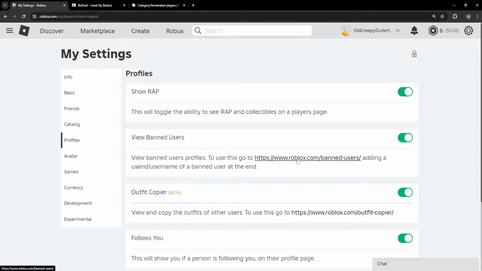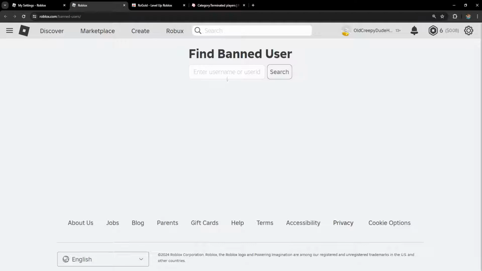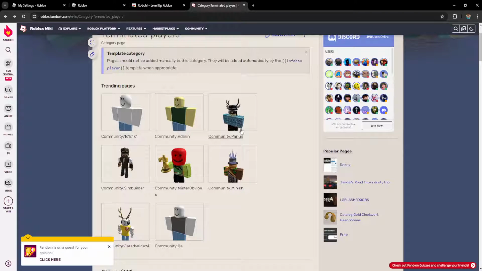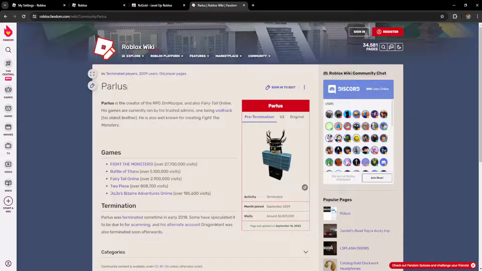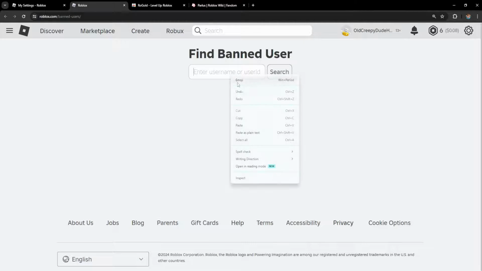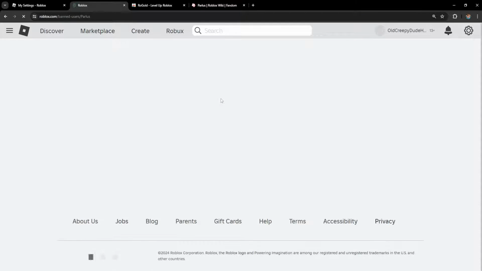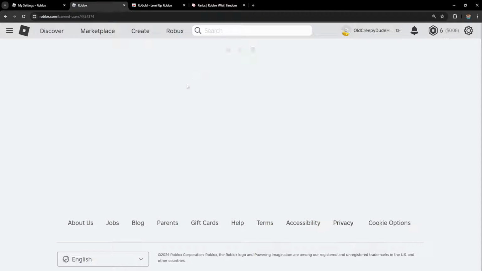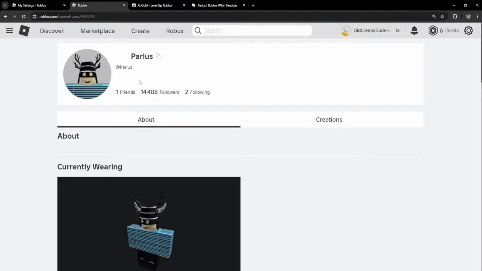So go to this link, so just click on this link here, it's gonna load it. And now I'm just gonna show you that it works. I will open up a list of banned players here. So I'm just going to copy this person's name that was banned, and I'm going to paste it here, and we're going to search for it. Now it will load up the profile of that specific person that has been banned,